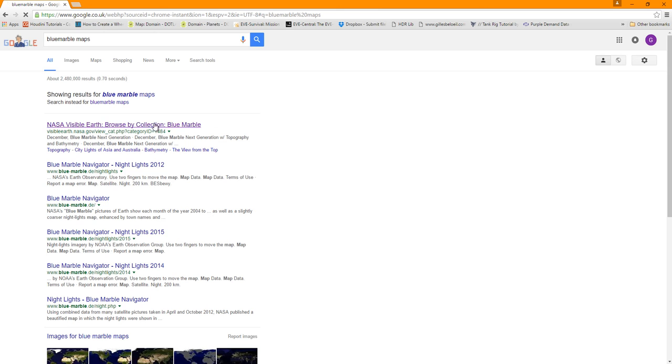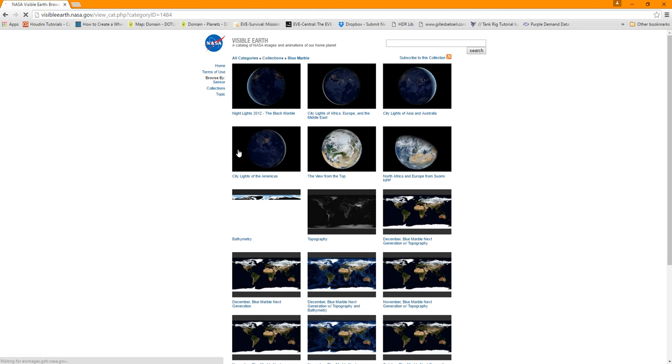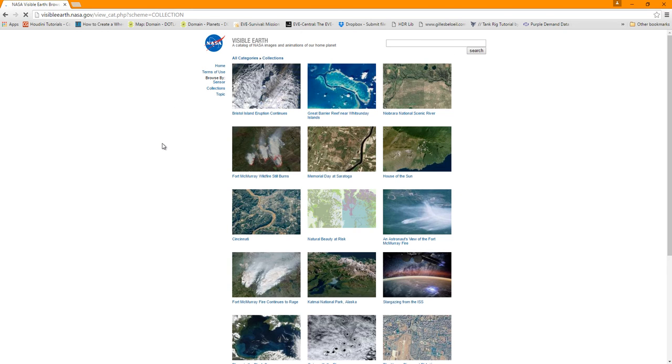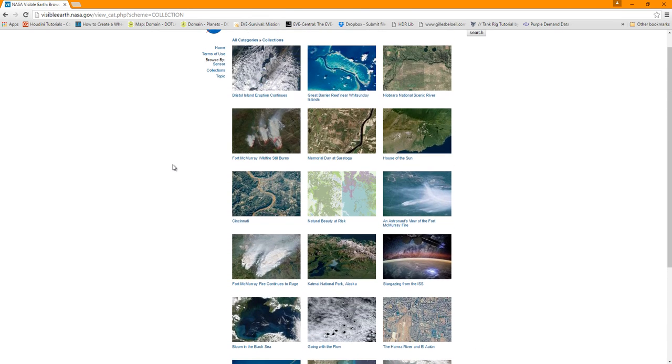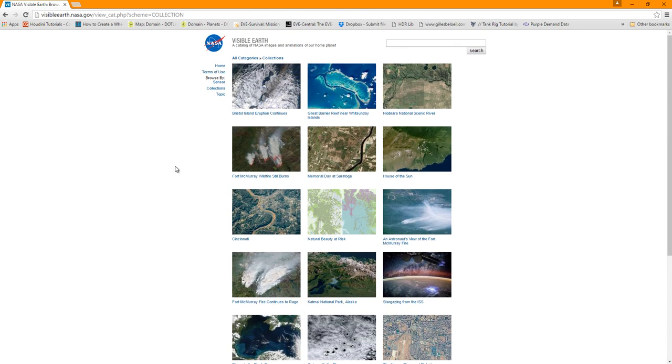Okay, browse by collection. Let's find something that we can use. There's no point going for the whole of the world for just the section you're going to be looking at, so you may as well just go to collections and find something, preferably with no clouds, and obviously try and get the highest resolution you can for what we're looking at.